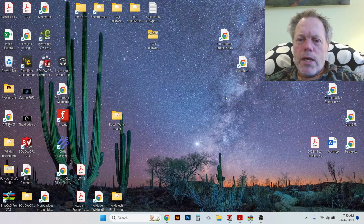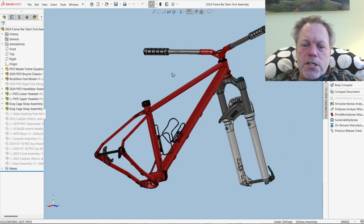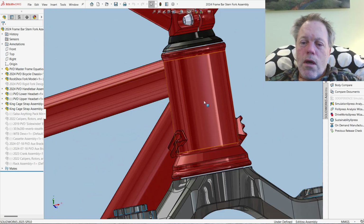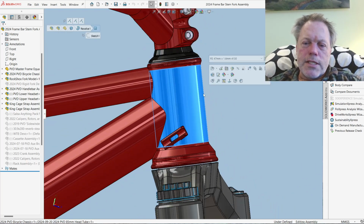Okay, let's go into SolidWorks now. So here's the bike in SolidWorks, and we get a lot more detail. Maybe we'll go front to back. That'll be cool. Okay, the new head tube. The new head tube's cool. I could reduce this diameter